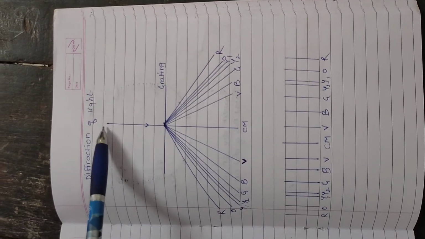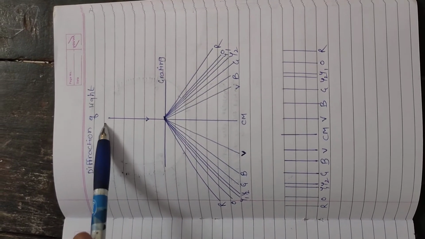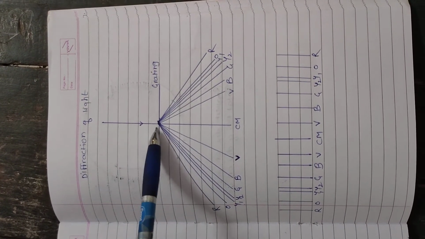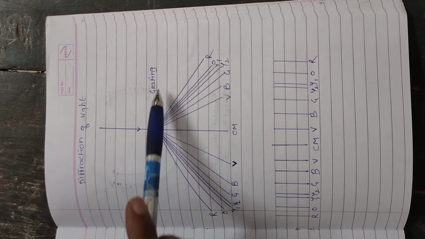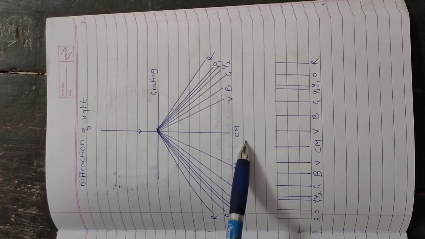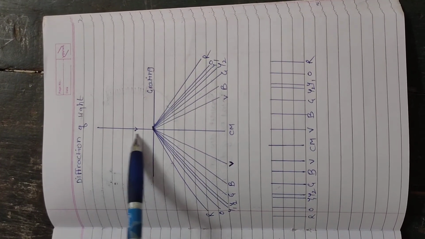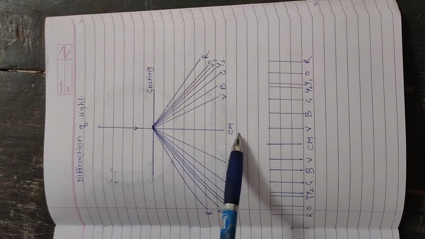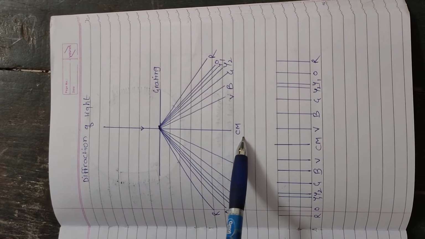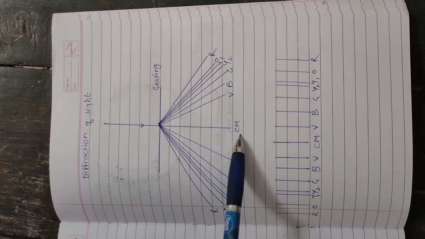This is your incident light which is incident normally on the grating. This light is being collimated by the collimator of the spectrometer, and it is falling normally on the grating, beyond which it gets diffracted. So this diffraction pattern consists of the light rays which are traveling in a straight line, not diffracted at any angle, and they will constitute the central maximum of this pattern.